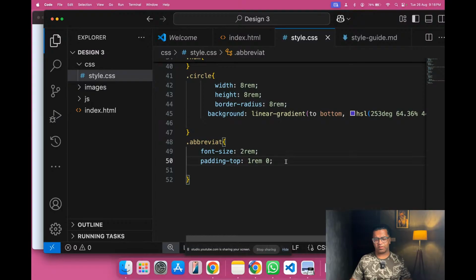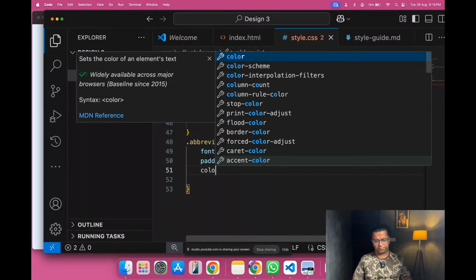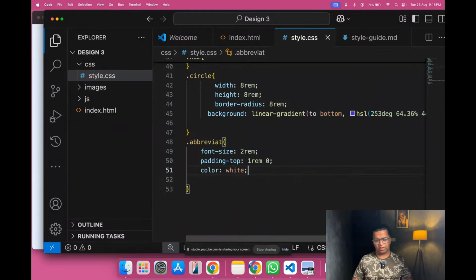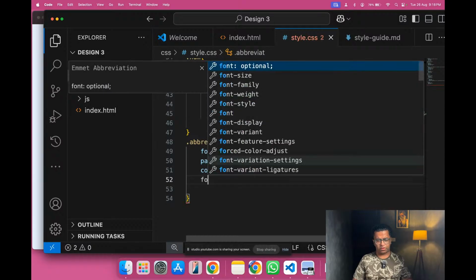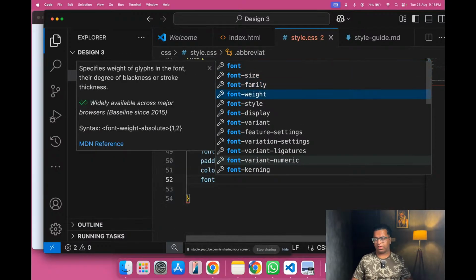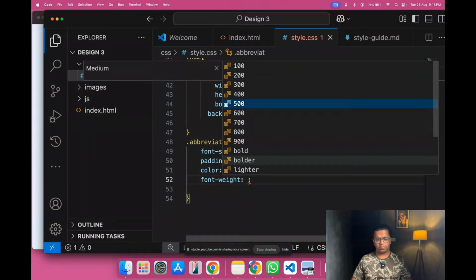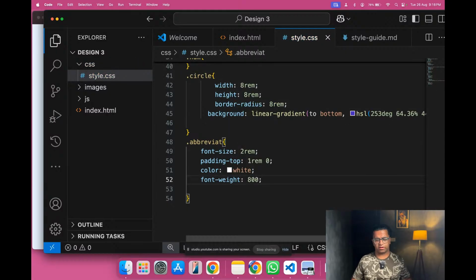Then color white, and for font weight, let's make it bold, let's keep it 800 here. After doing 800, if we go on our original design,